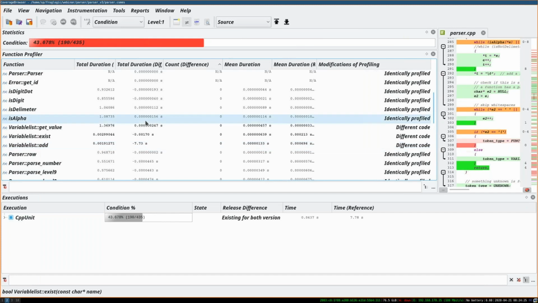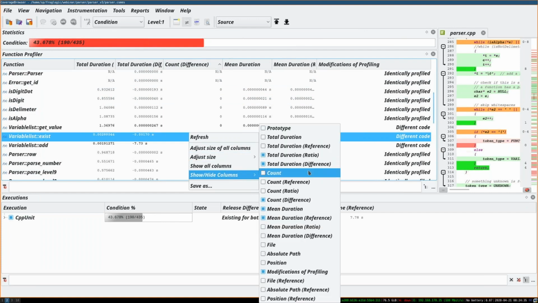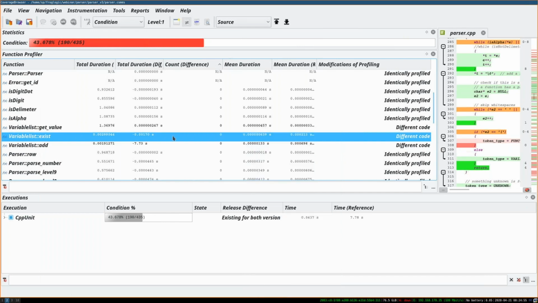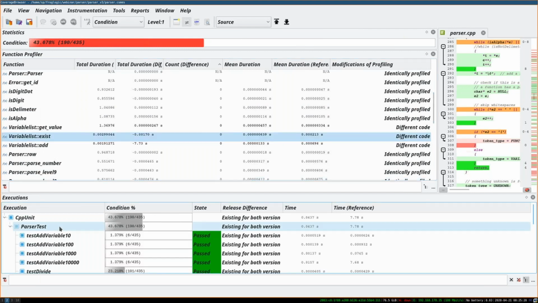And here on the top side, you can see different columns. You can adjust these columns. So you can say, I want to have this file name, and are they modified or not, and I can have a ratio or not just the difference. There is plenty of information here which you can fiddle around with, to optimize your setup for what you need for optimizing your code. Yeah, that's our function profiler. I hope you like this little example for this stage, and I will continue now with